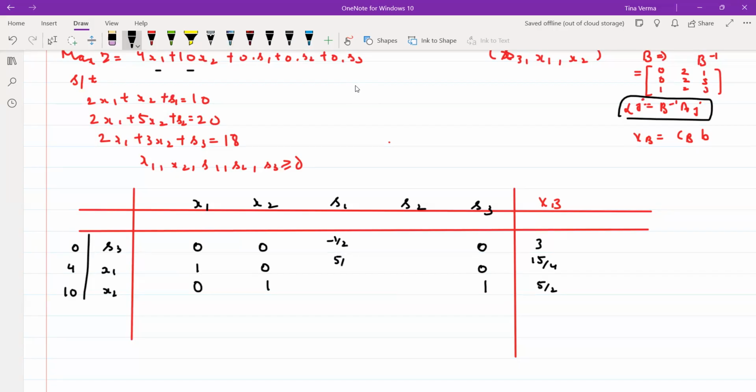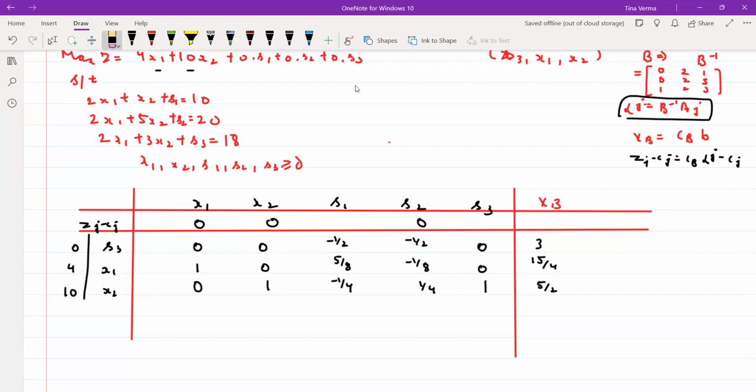This is coming out to be your 5 by 8. This is coming out to be your minus 1 by 4. And this entry is also coming out to be minus 1 by 2, minus 1 by 8. And this is coming out to be 1 by 4. And this we have to write as Zj minus Cj. You know the Zj minus Cj formula is Cb into alpha j minus Cj, that you can calculate, and it is coming out to be your 0, 0, 2, 0,